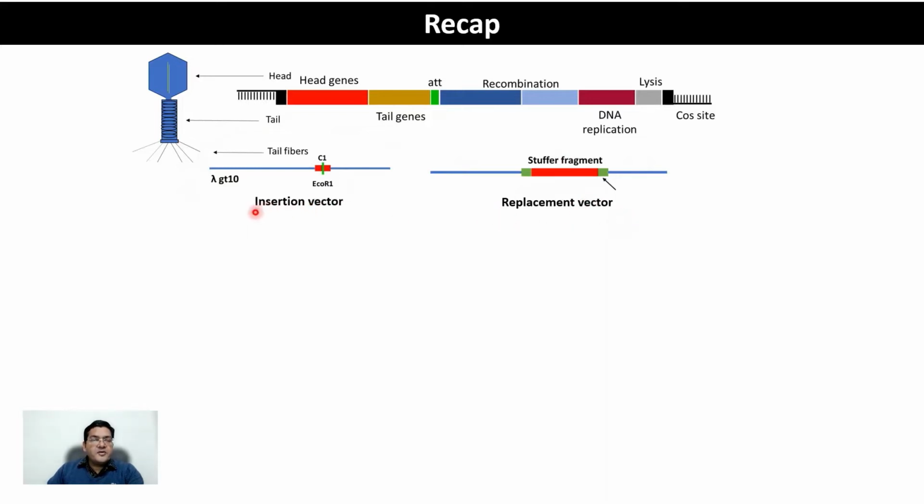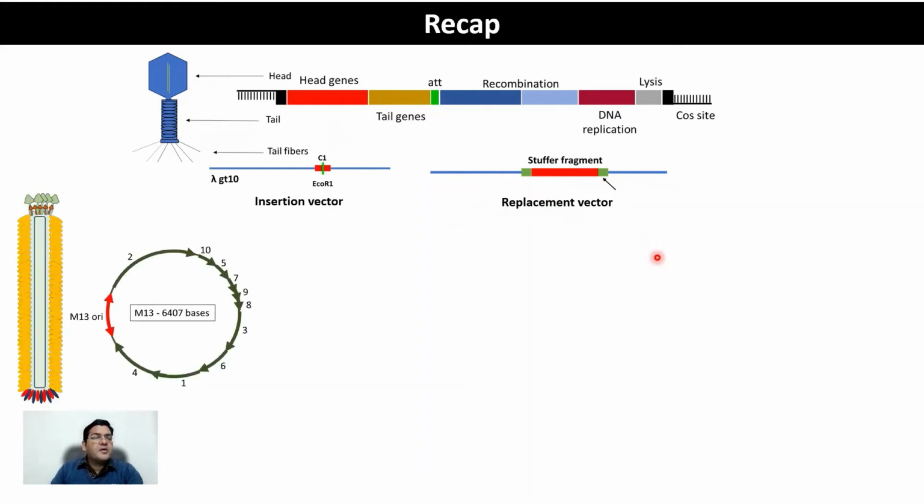In the insertion vector, the largest insert size is around 10 kb; not more than 10 kb of insert can be successfully cloned in an insertion vector. In comparison, in a replacement vector, you could have a fragment as large as 22 to 23 kb that can be successfully cloned into the replacement vector, right? So this is your lambda Phage, and then of course we talk more about another important vector that is known